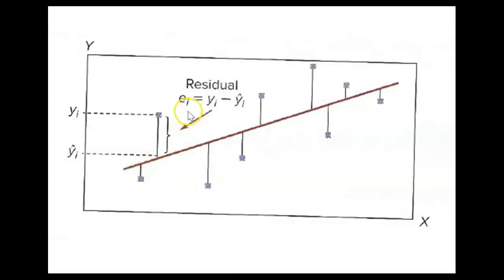The residual, e sub i, is the difference between the actual value of y at an actual value of x minus the predicted value, which is found on the red line. In this case, y sub i is greater than the predicted y, and so the residual will be positive. For residuals below the red line, these values are